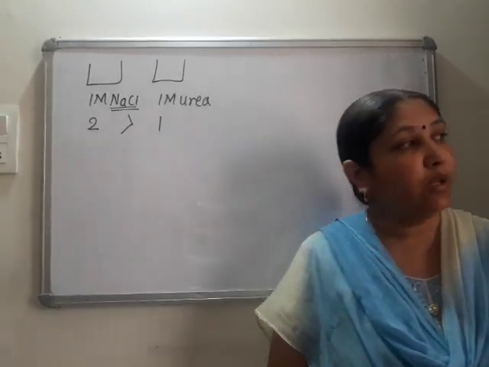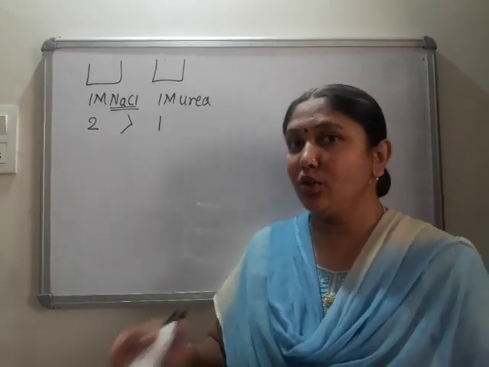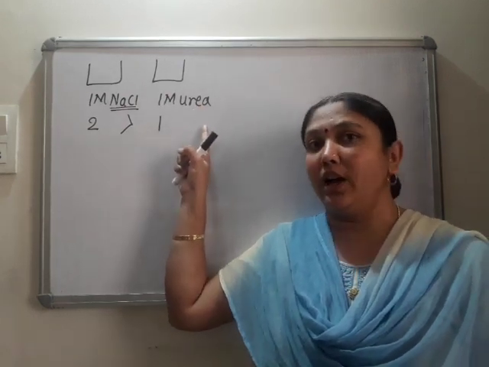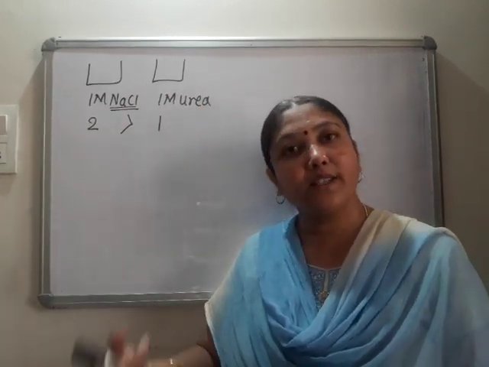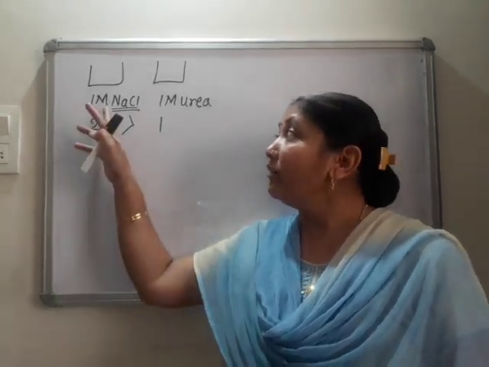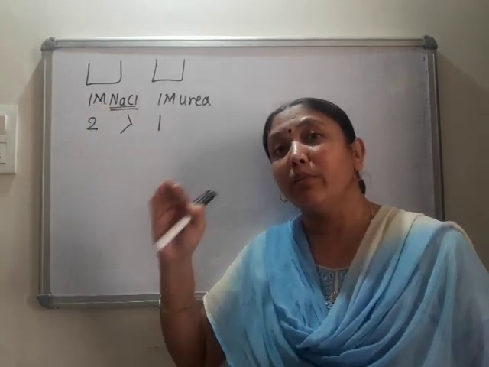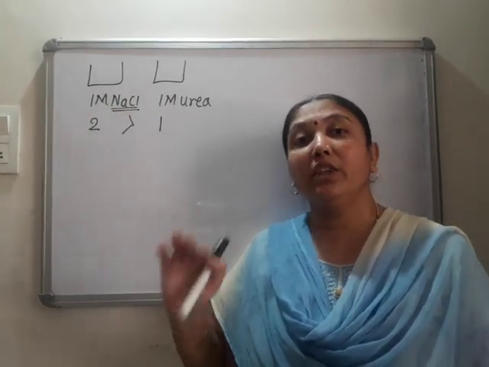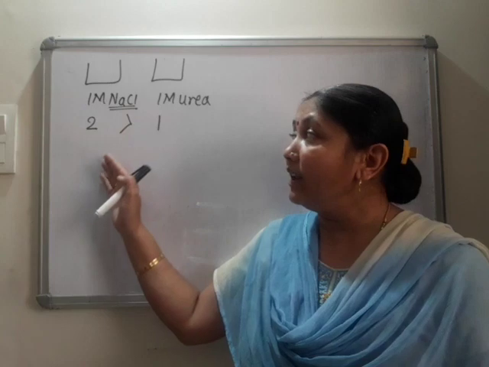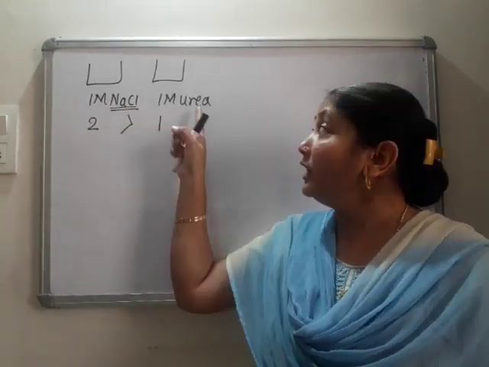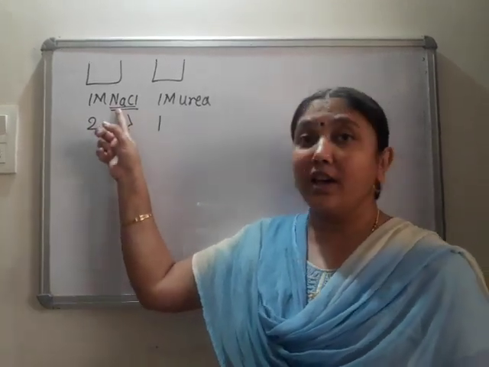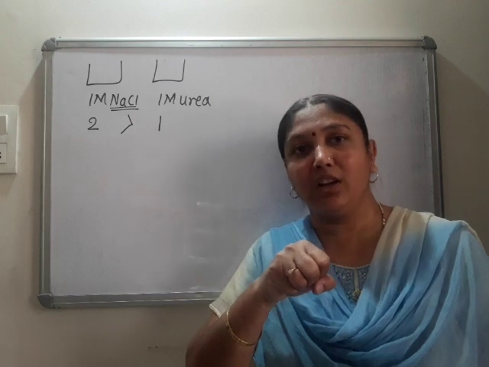Also one more thing: colligative property is used to find the molar mass of a substance. If we try to find the molar mass of urea with the help of colligative properties, we get the exact molar mass of urea with different colligative properties. But we don't get the exact mass of an electrolyte with the help of colligative properties. Observe that the mass is less than expected, because in this case urea remains as one particle, it is not split. But in this case NaCl doesn't remain as one particle in a solvent.